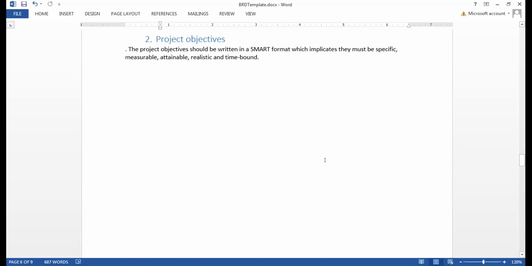Okay. Now another thing we have to think about is the SMART goal, right? If you are a management student, then you'll understand what constitutes SMART goals.